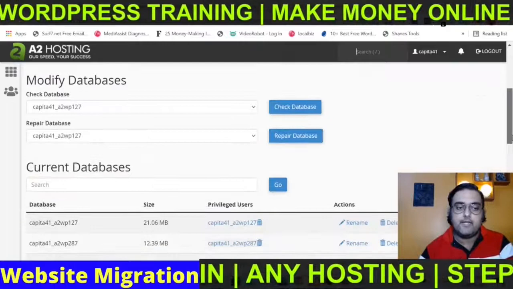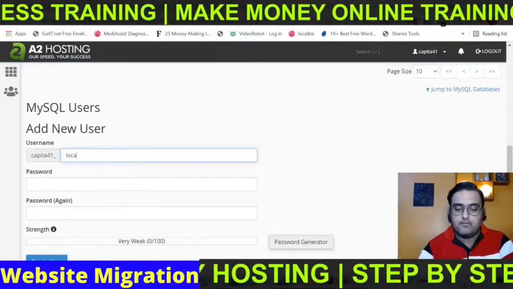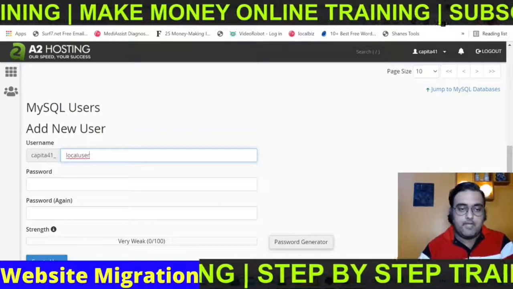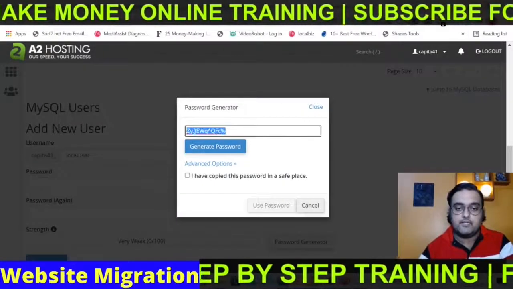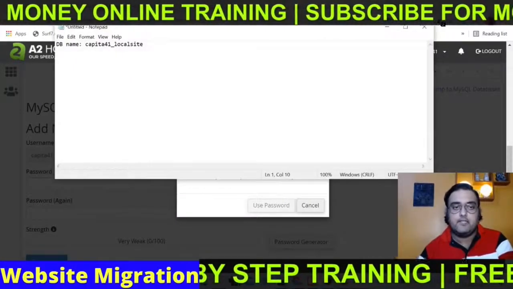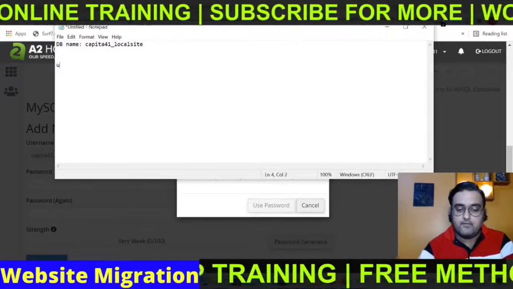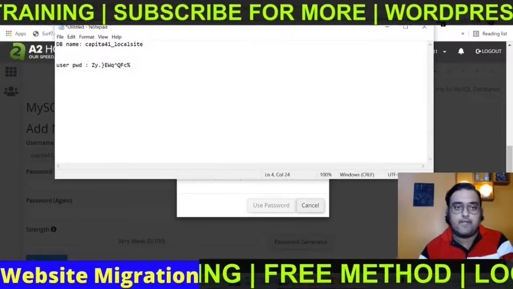And in here, we can create a database user. So for that, you need to add a new user, say local user. And in here, you can give a password or you can use the password generator. So you can just copy the password and again, store it right here. So you need to just give the user password as this, right?